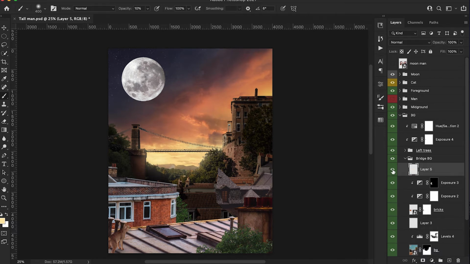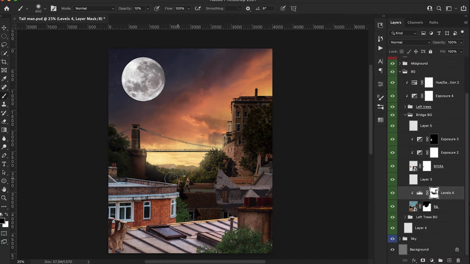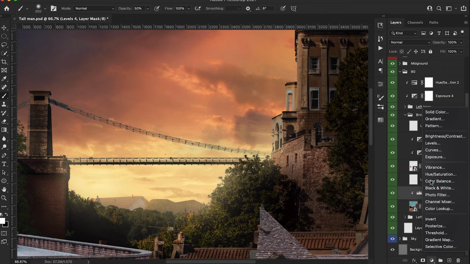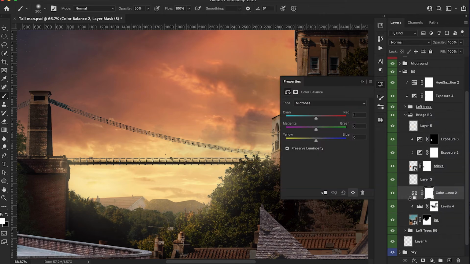I want to go back to our levels adjustment for that background layer because I just want to go ahead and add a little bit more shadows on some of these trees and buildings. So I'm going to take a few seconds here just to add that and clean that up just a little bit more. Alright, and now that we've got that settled,